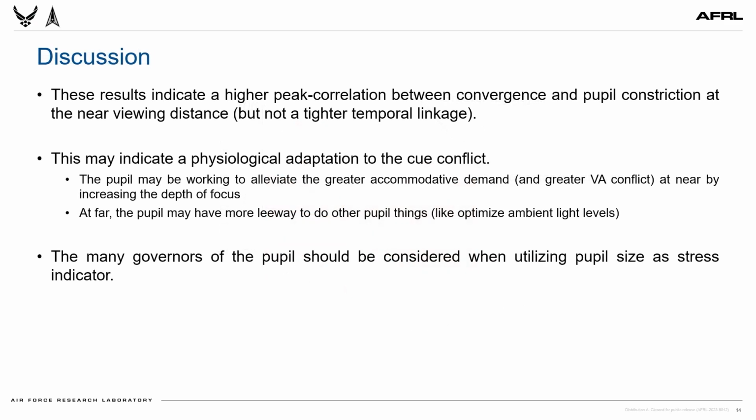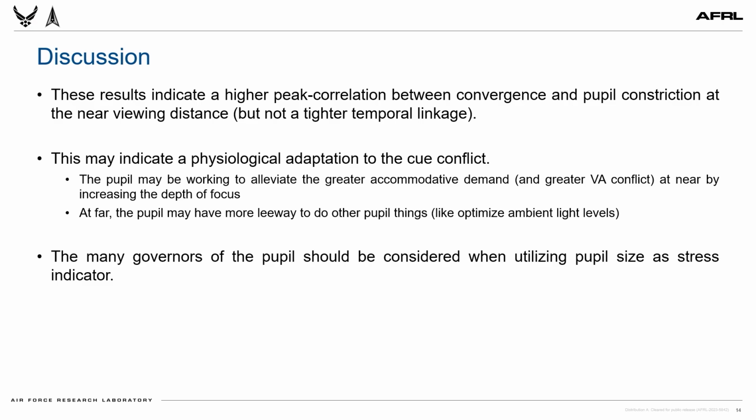So these results indicate a higher peak correlation between the vergence response and the pupil response at the near viewing distance, although not necessarily a tighter temporal linkage. What we think is happening here is this is a physiological adaptation to the AV conflict. The pupil may be doing its job in the visual system to help alleviate the greater accommodative demand that's caused by that VA conflict,